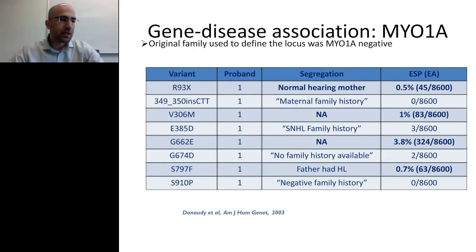So we looked at specifically what drove both of these databases to include that gene disease association, and all of it is based on one publication, which found MYO1A variants in a large cohort of hearing loss individuals. So we looked at all the variants that were listed in that publication. The publication was